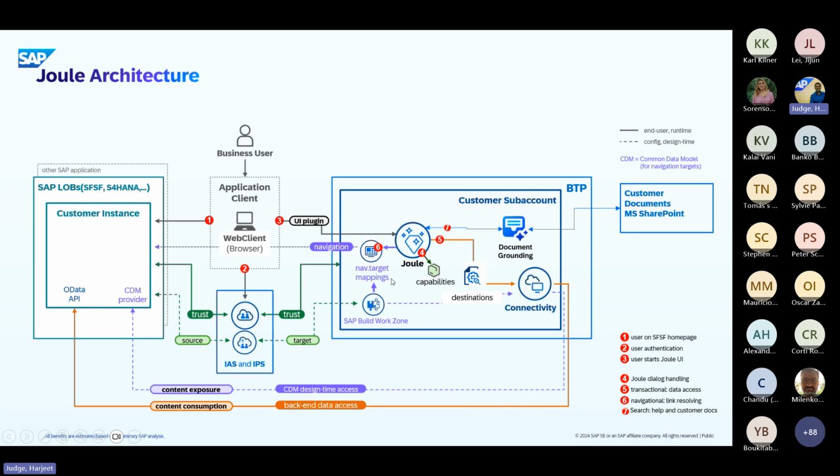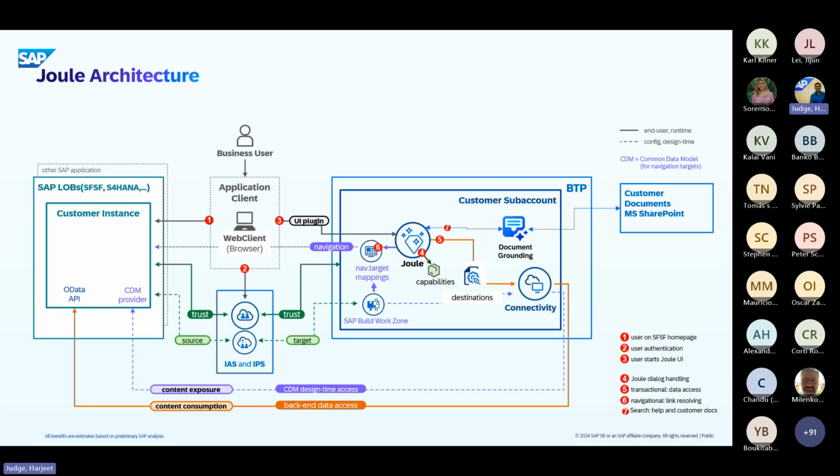So in order for Joule to work and respond to queries, it's also relying heavily on the Cloud Identity Services. So you will need both IAS and IPS in the picture. SAP Cloud Identity Authentication Service, or IAS for short, will be used for authentication, right? So when you launch the Joule instance, it will use the user profile from IAS to authenticate the user, and